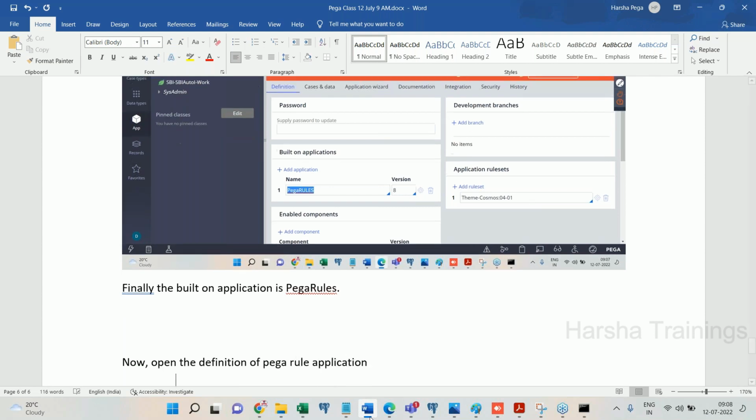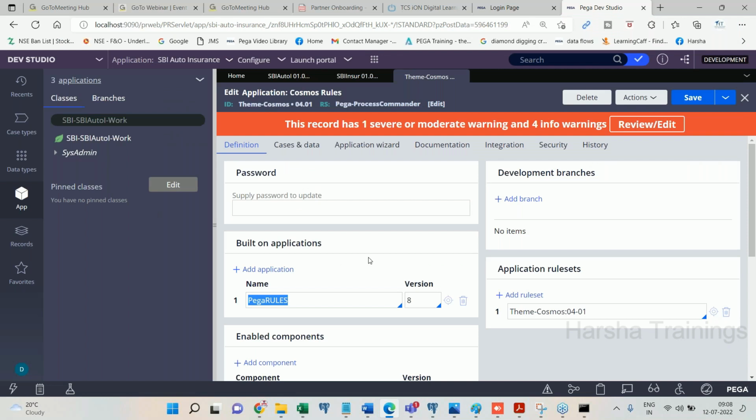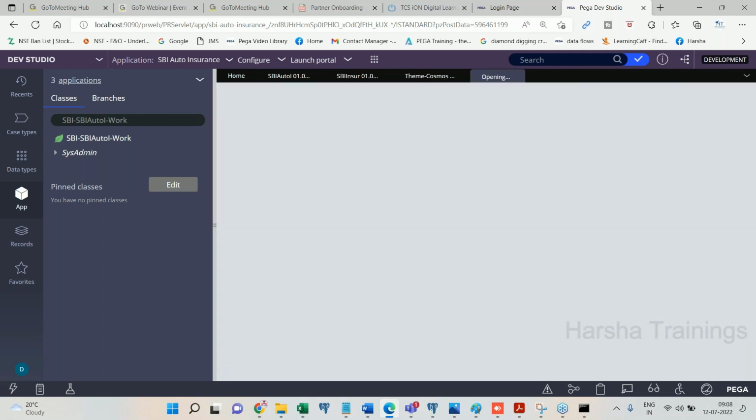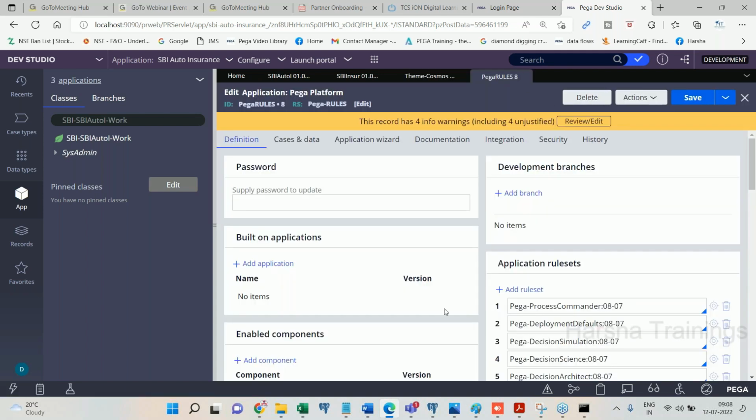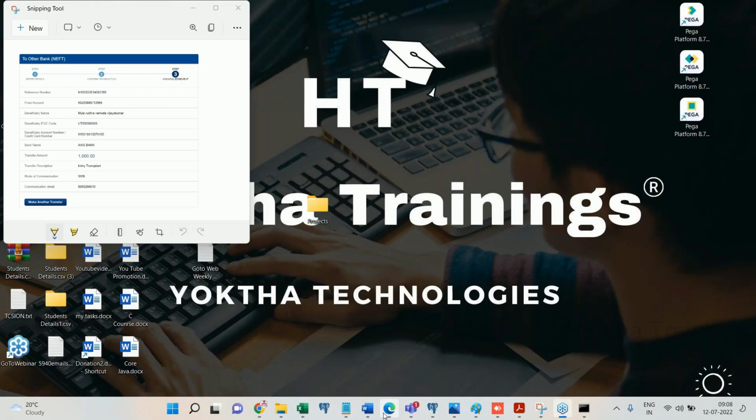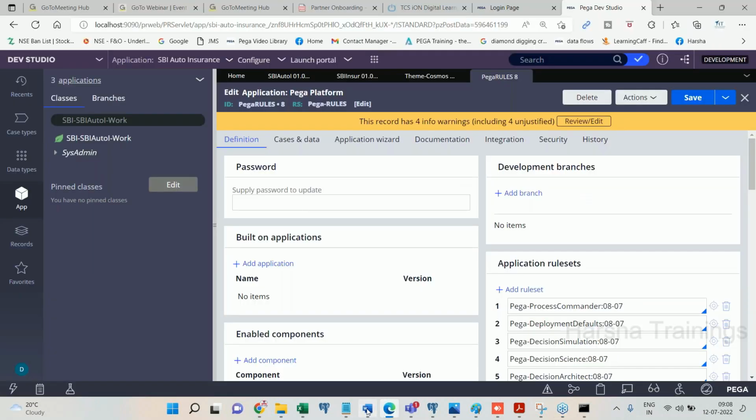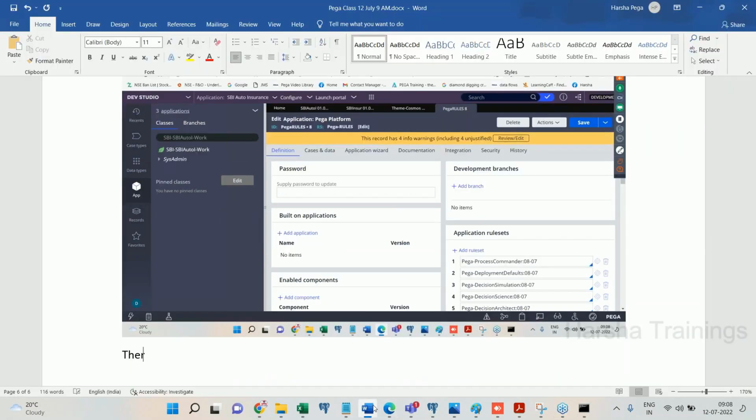How do I open it? Again, you need to click on the edit icon. Is there any built-on application? No. There is no built-on application for Pega Rules, which means that